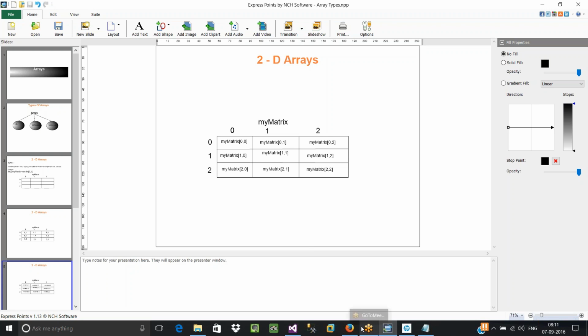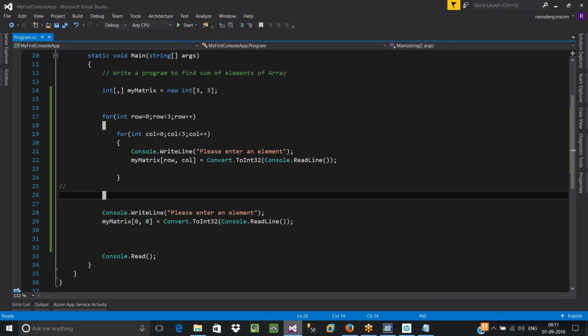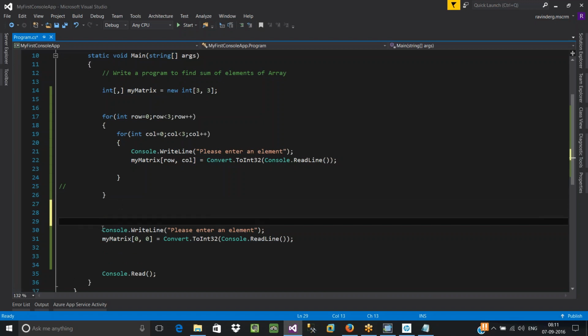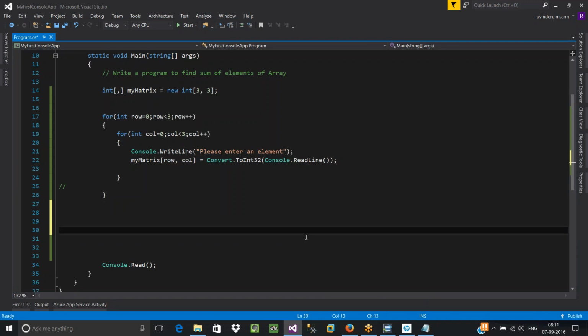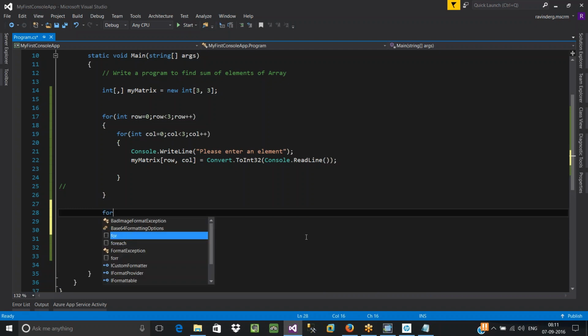Okay. So let's see, even the writing process is going to be very similar to your reading process. Let's try to pull values from our collection. Same, in order to pull the first element, you have to go to the first row. So always you should start from the first row. So again, same logic, int row is equal to 0. Because first I have to go to the first row. How many rows are there? There are only 3 rows. To go to the next row, every time it has to be incremented by 1.